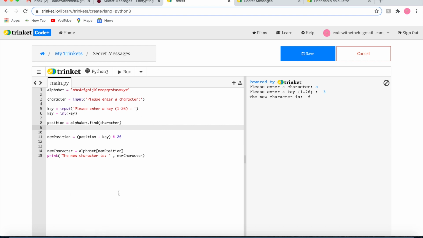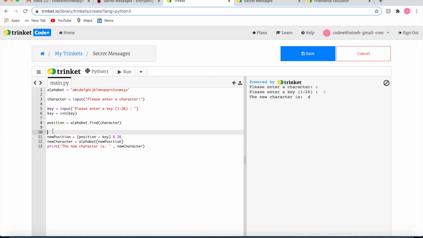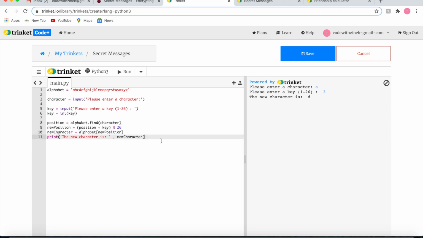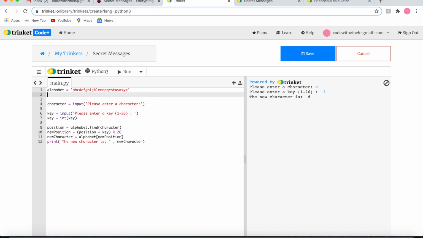We're going to create a variable to store the new encrypted message. We're not going to just encrypt characters, we're going to encrypt whole messages as well. Just check if your code looks like this. I'm just going to put all of this bit together and there you have it. Now I'm going to make a new variable to store the encrypted messages. I'm just going to call it new message